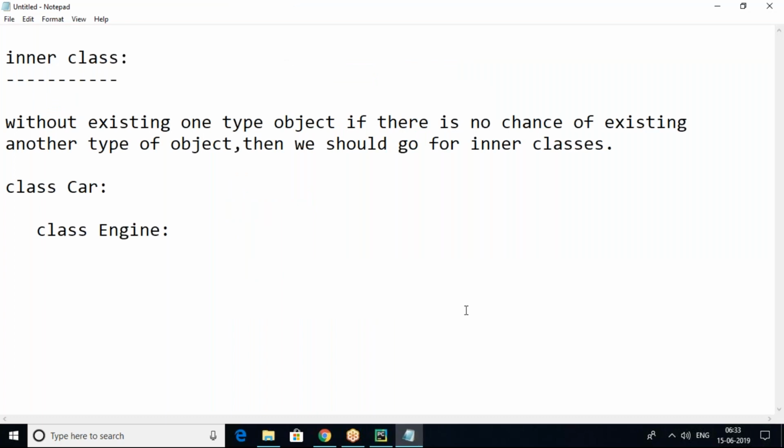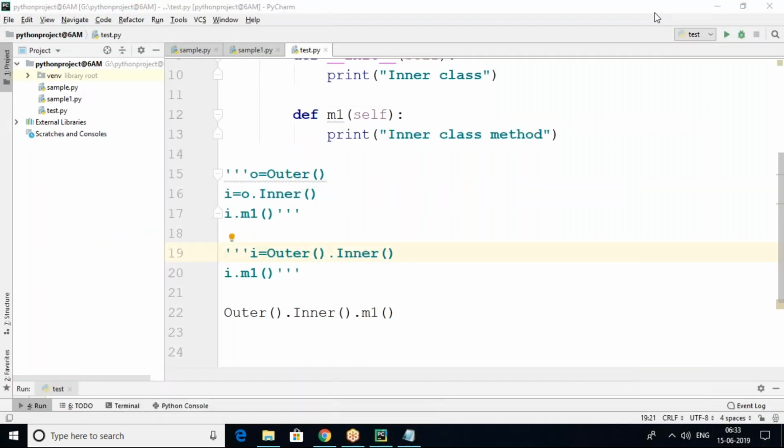Can we write two classes in two different modules and pass? In the previous example, you showed me two classes in the same module, correct?